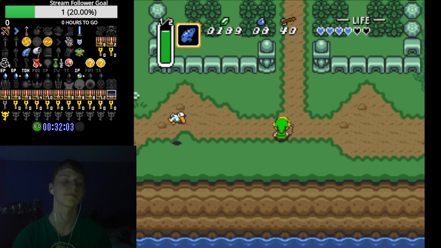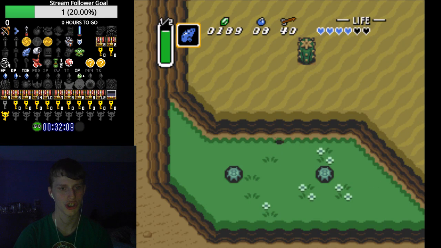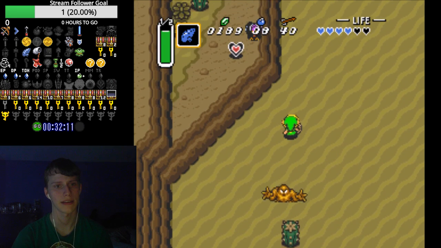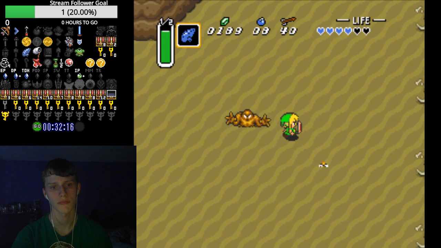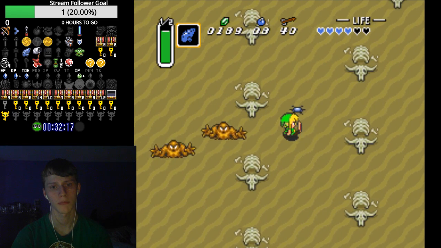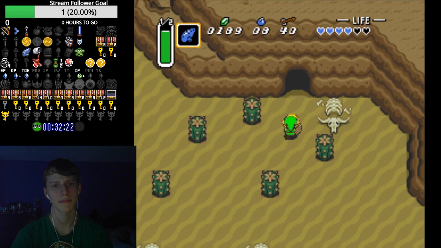Agina's cave. I need to head back. I need to head over here. There's an item I can check here, and it is a heart piece. Okay, not that useful. But there is one item I can get over here. And if this isn't the lamp, then...